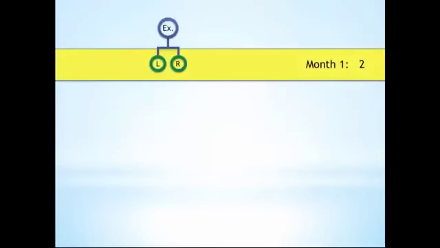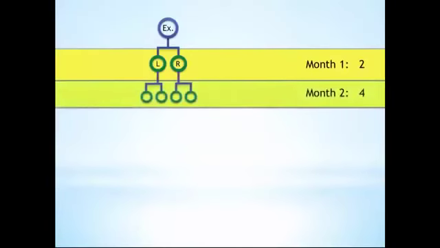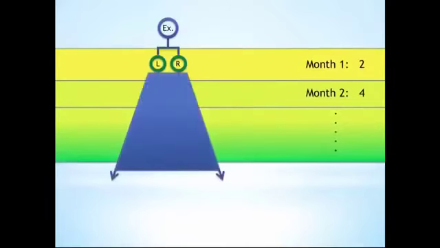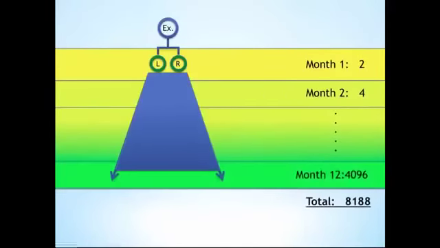plan. Let's say you become an executive, and the following month each of your 2 people get 2 distributors to become executives themselves, and then each new person in the group becomes an executive the month after they came in. At the end of just 1 year, you'd have an organization with over 8,100 people that would be generating $14,315 a month.